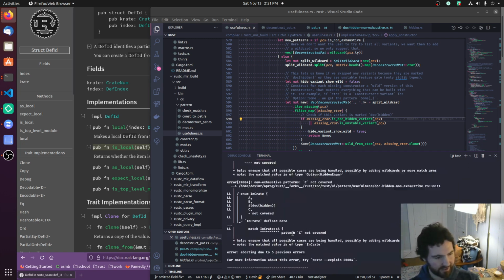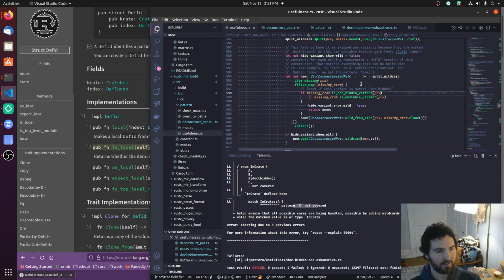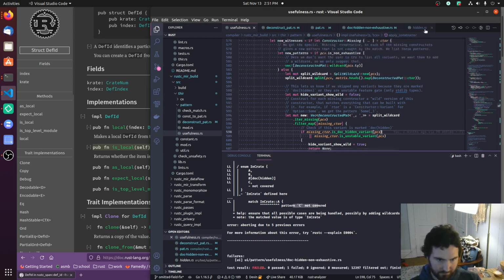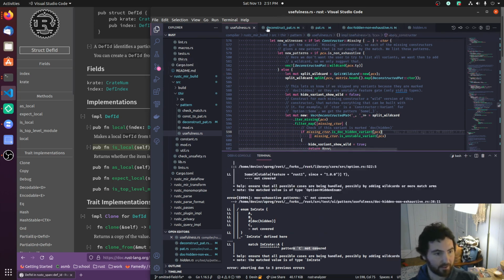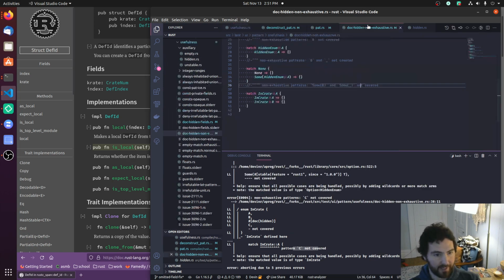And we fixed it. So, non-exhaustive patterns, C is not covered. Well, so then I guess actually what we would do to make these pass